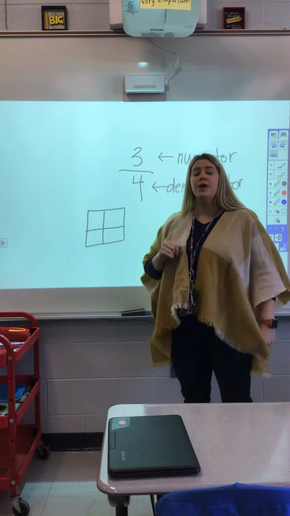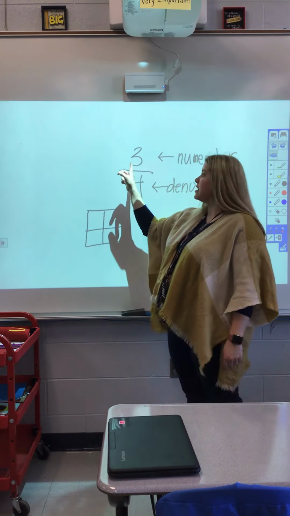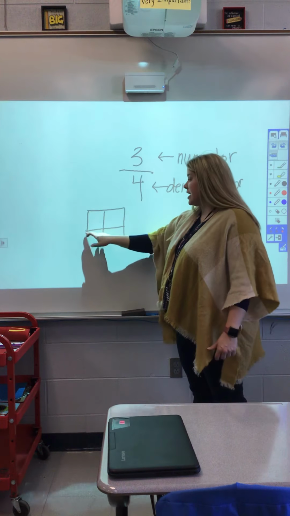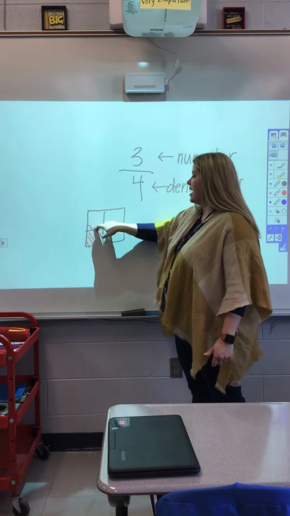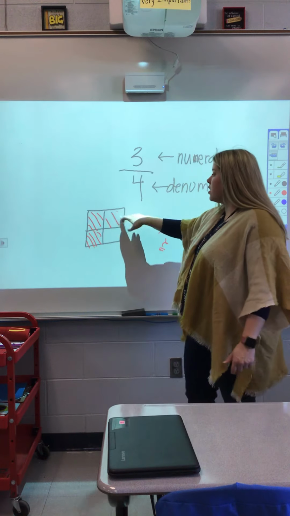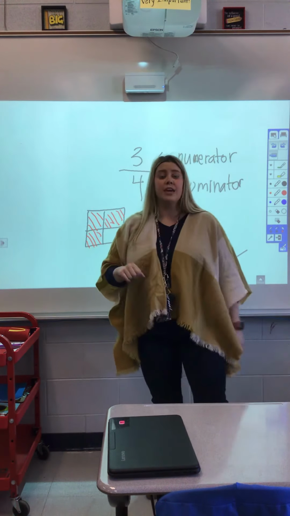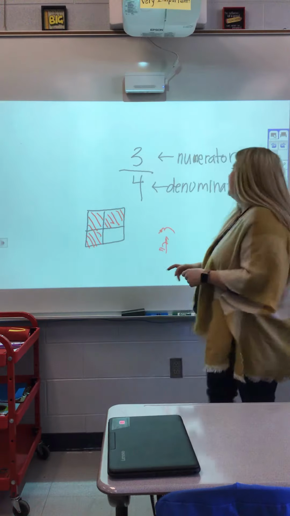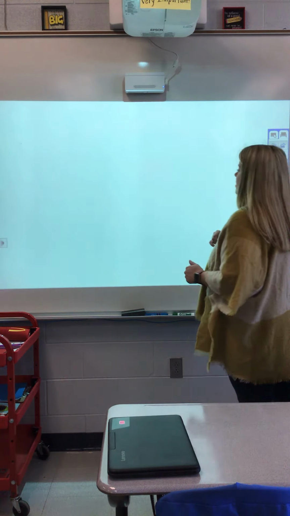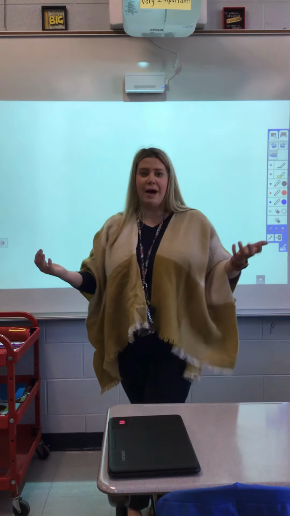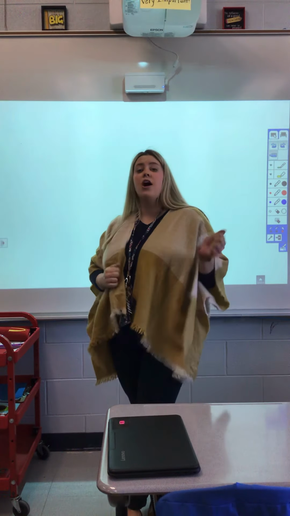How many parts do I need to shade? How many parts am I talking about? 3. Okay, so 3/4 of that shape are shaded. Okay, that's kind of our brief review about fractions, but I want to talk to you a little bit more